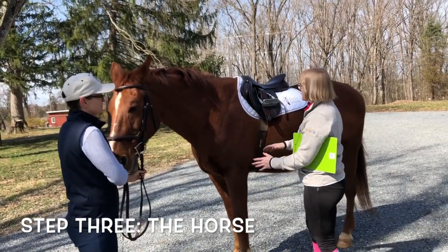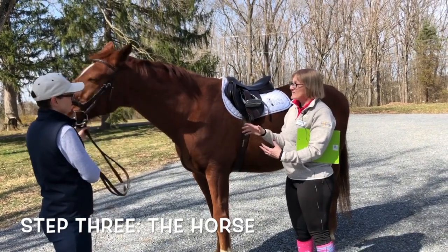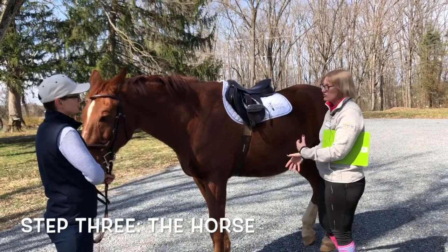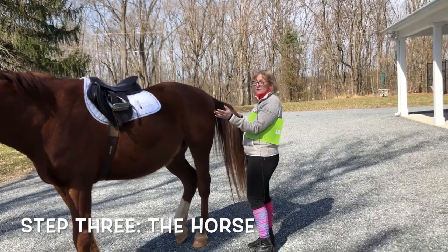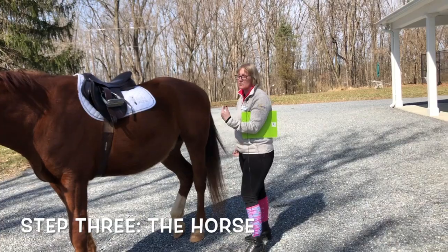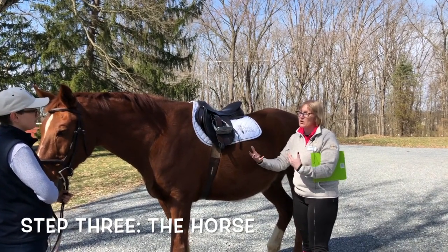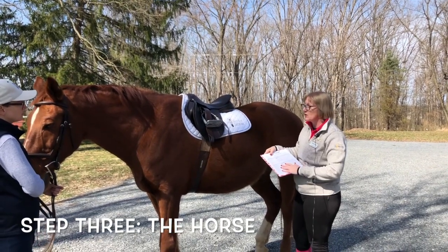So, I'm always going along, and it is really important to say what you're checking, and if something is not meeting standards, make sure that the competitor sees it. So in the case of this tail, I would have somebody else hold Jess's horse so that she could see exactly what I was seeing. This is where these miscommunications on turnout inspections happen, it becomes, this is what they said. And so I like to have the communication of make sure that they see the form where I've scored them